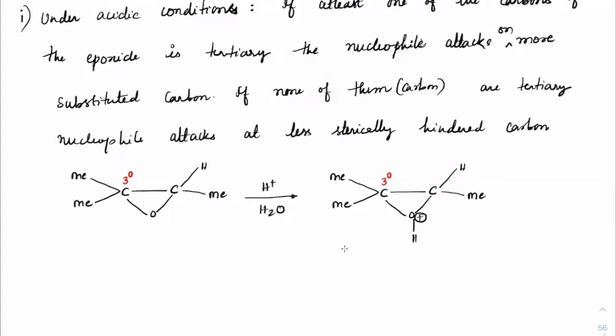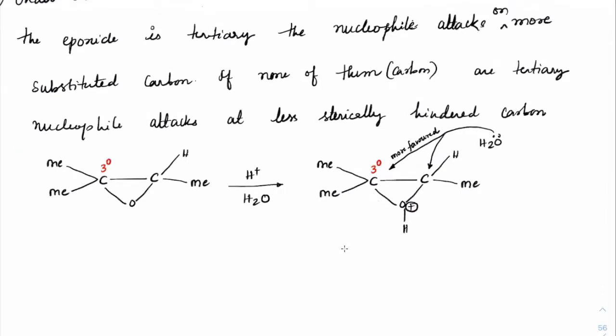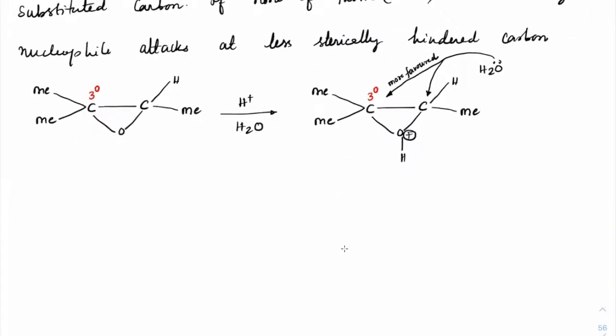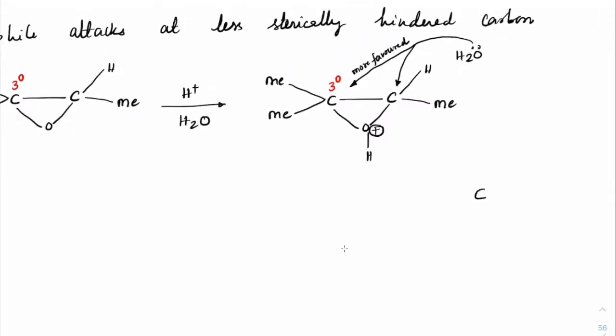Now when it attacks here, water is more preferring, which means it is regio-selecting this particular side more favored rather than this. So this one is more favored as compared to the other side. This attack is more favored. Let me show you what might be happening in the transition state. See, in the transition state, you could think this way: oxygen has H already and it is a strong pulling group now because it got positive charge on it. So what would happen here?